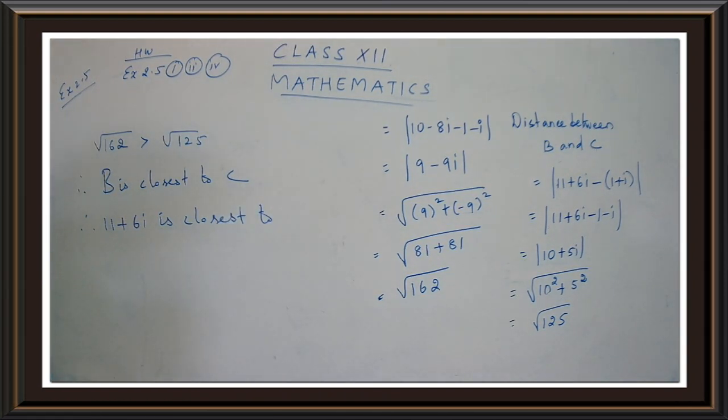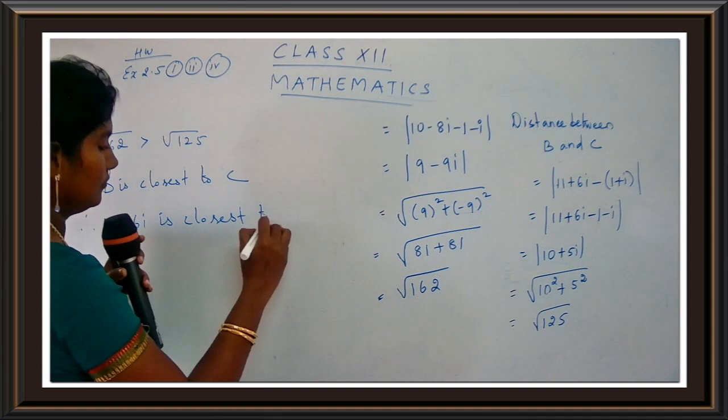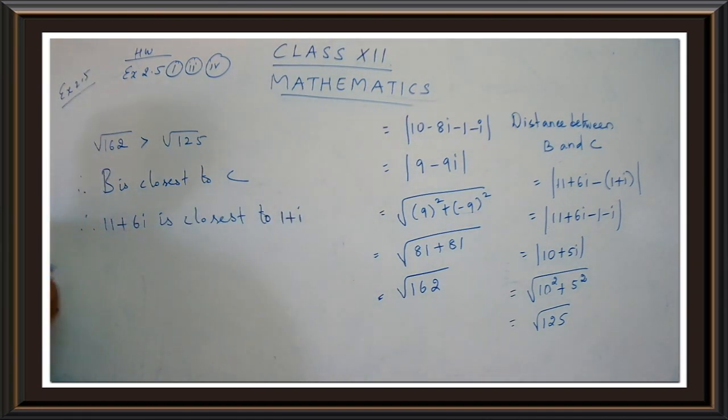Okay. So we have completed sum number 3. I hope you are clear with the first, second and the third sum that we have done today. Yes, children? And also I hope you are clear with the properties, and you have to remember all the properties. Whenever you have free time, try to remember the properties of complex numbers, that is conjugates, and also the properties of modulus. We may have to use the properties for the sums. You have to apply the properties when you solve the sum. So if you know all the properties, it will be easy for us to apply. Okay, children?